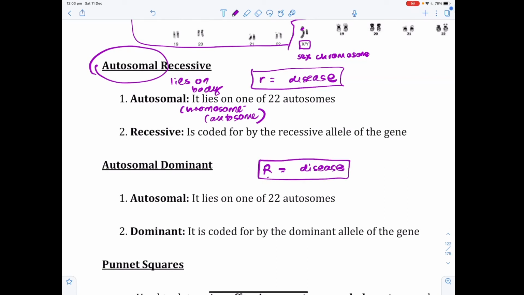Yeah. So if it's autosomal dominant, let's start with the first word. It's an autosomal inheritance, so it lies in the first 1 to 22. Yeah, and it's dominant, which means capital R equals disease. So the dominant allele is a diseased allele. An example of this,